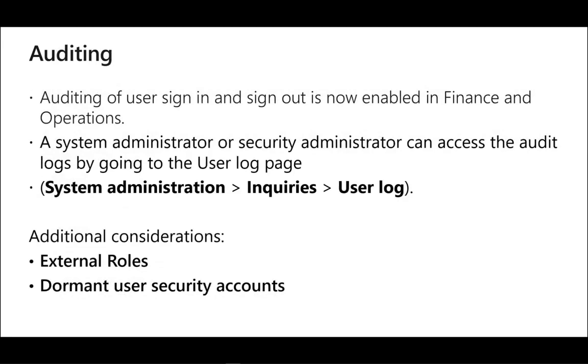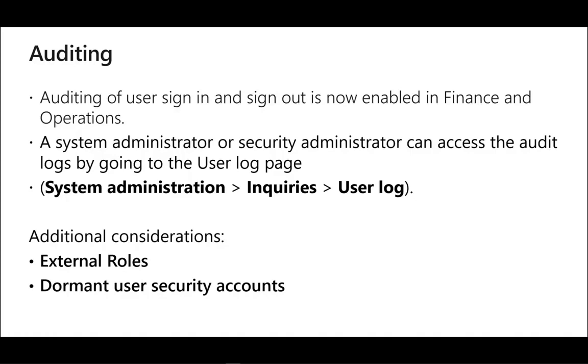Auditing. Dynamics 365 for Finance and Operations has introduced an audit trail button on the security role form. The form will provide us with a timestamp, an event type, a user ID, an object type, and the name of the object. A sign out is logged even if the user session expires or ends. A system administrator or security administrator can access audit logs by going to the user log page, which is System Administration,